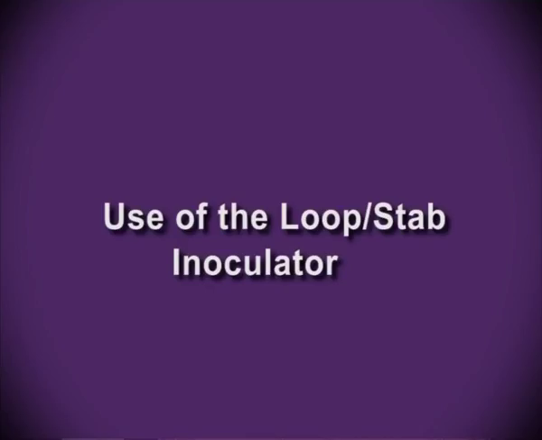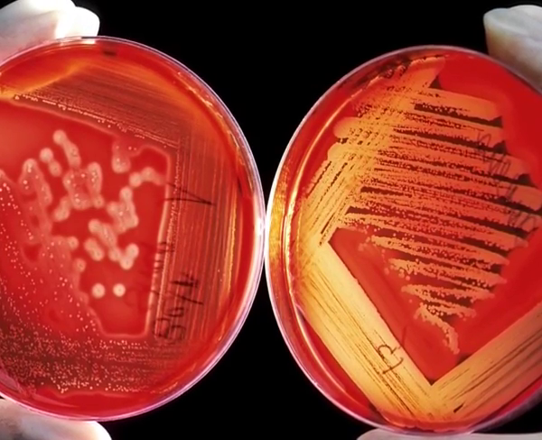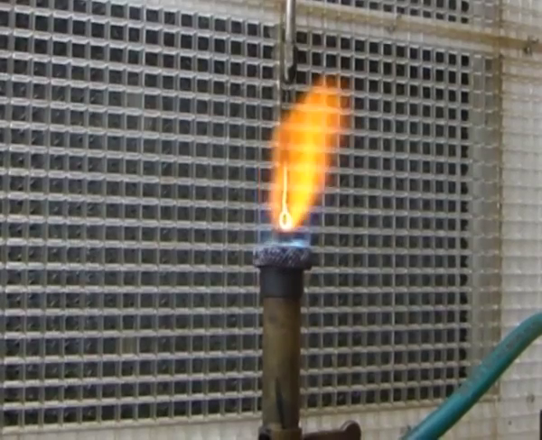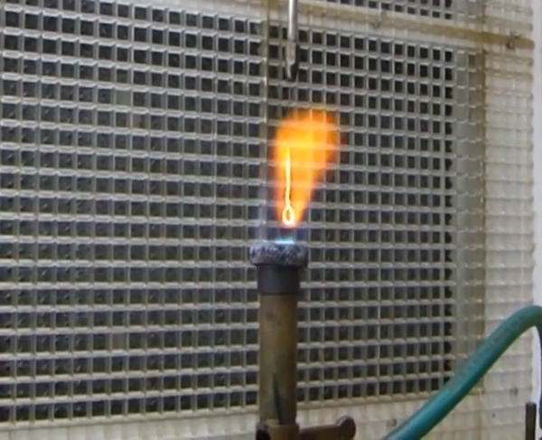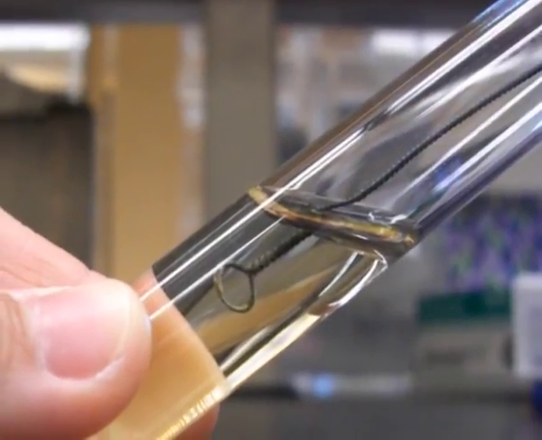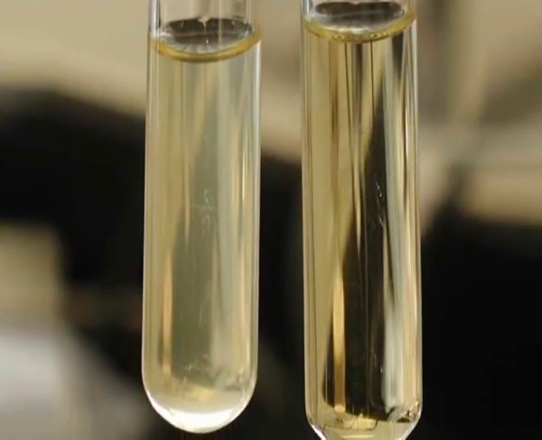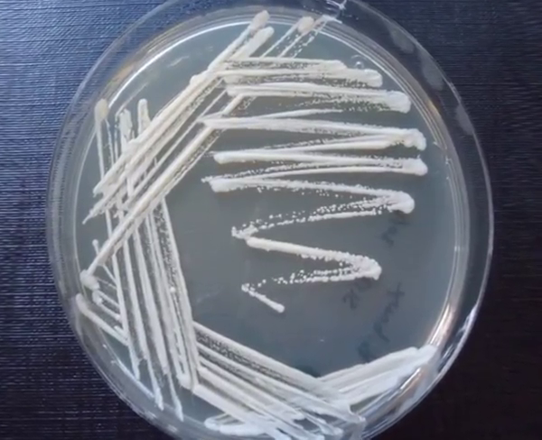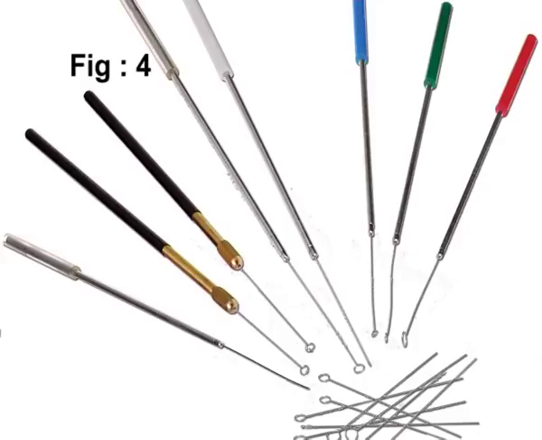Let's learn on the usage of the loop or the stab inoculation. Two different types of inoculators can be used depending on the purpose of the work, that is, a loop and a needle. The loop is used to transfer cultures from one medium to another and also to prepare bacterial smears, and lastly to streak the plates. The loop is the tool of choice for working with a liquid inoculum culture. The stab is used to prepare stab cultures and to pick single colonies from a plate. Stab is usually carried out with inoculation needles, as depicted in figure 4.